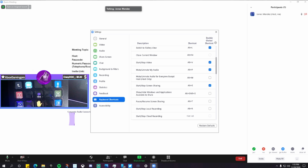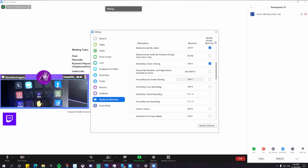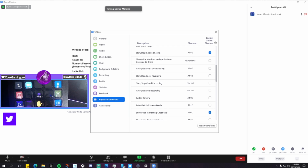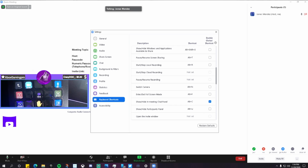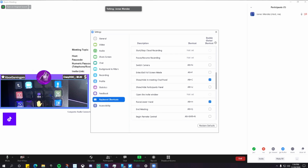What they could do, they could mute or unmute audio from everyone except the host. And then they could start or stop local recording, or start or stop cloud recording, or pause or resume the recording,